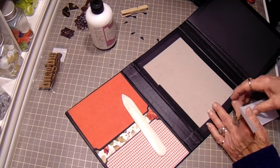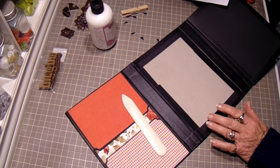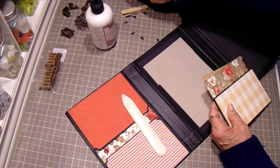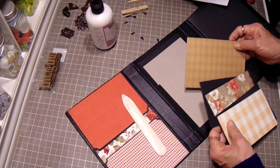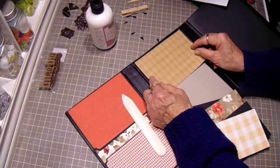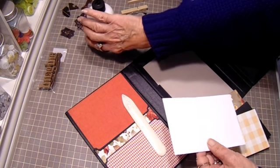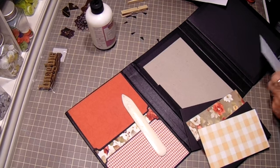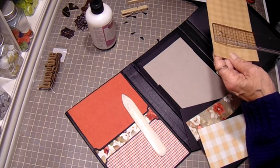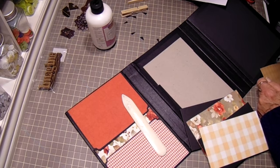Okay. Page 2 is a double pocket. And this is going to be the top piece. It goes right up here. And it is cut at, oh, I think I cut it 3 inches deep, but I didn't write it down. No, it's 4. It's 4 deep, and it is,